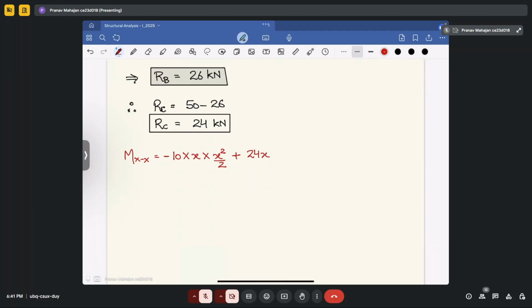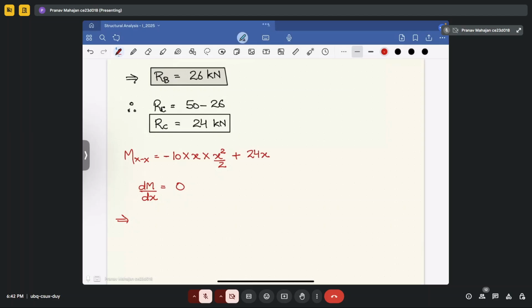Okay, so this is your generalized moment equation at point x. Now you are required to calculate the value of the bending moment. Okay, so your maximum bending moment will come